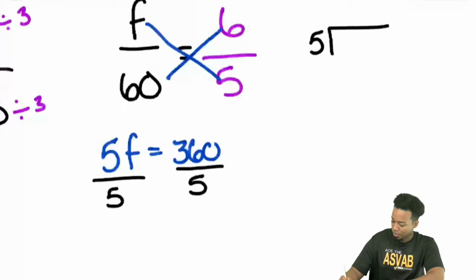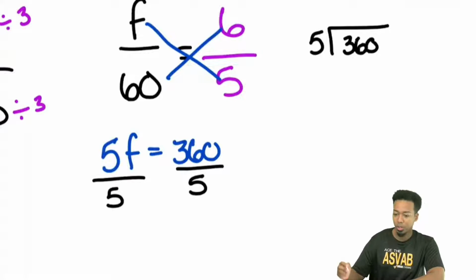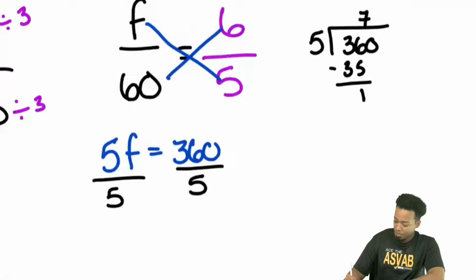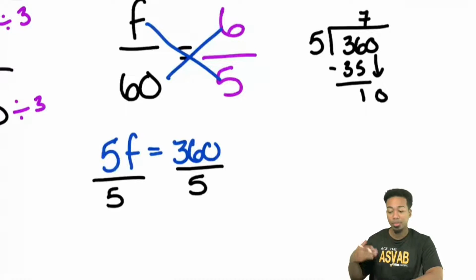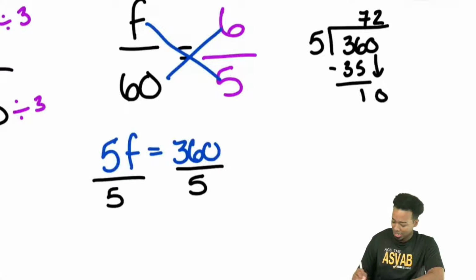Let's go ahead and get rid of that little typo. 360 right there. 5 goes into 36 7 times. And then we drop the 0. 5 goes into 10 2 times. So that's going to give us 72